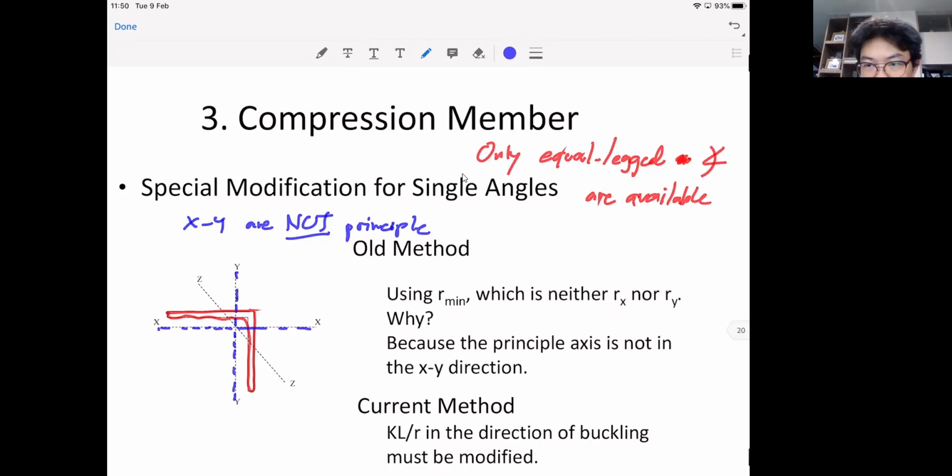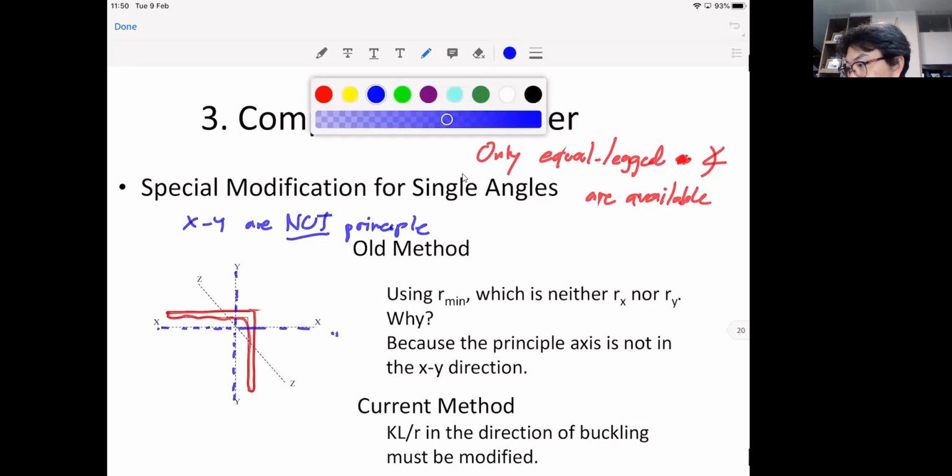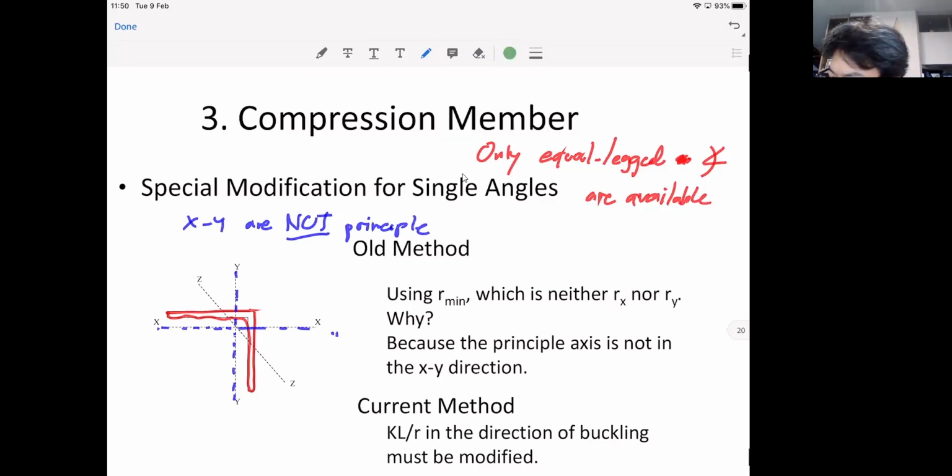So if XY is not principal axis, it means that the minimum moment of inertia is not on this axis. We don't want to know the maximum, we want to know the minimum because that's a weak point, okay? The principal axis is somewhere in this Z,